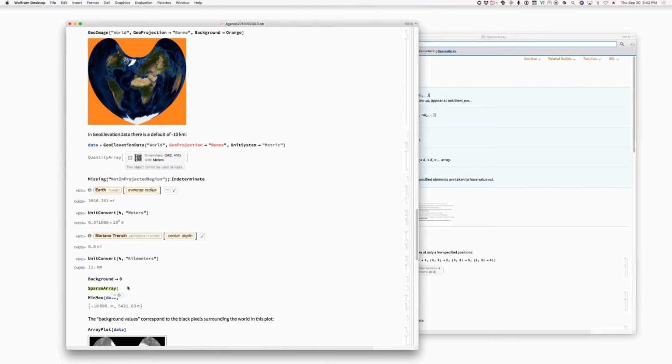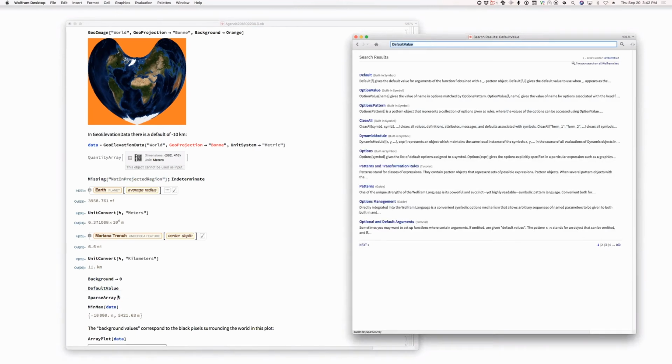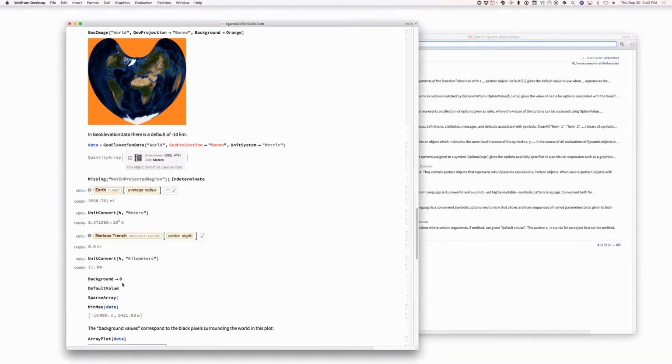All right, geo-elevation data, should we call it background, or what kinds of things do we have that are like background value or default value? We probably have default value stuff, but that means something different. I don't think we should use default, because default sounds like no, it's valid. I know. What do we have in other cases where we have values that are outside of the range? I mean, this is kind of what we're doing for missing, right? So do we have a way of setting up something that is a